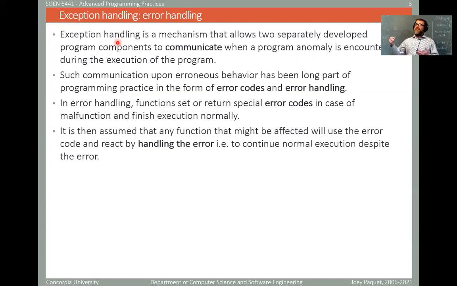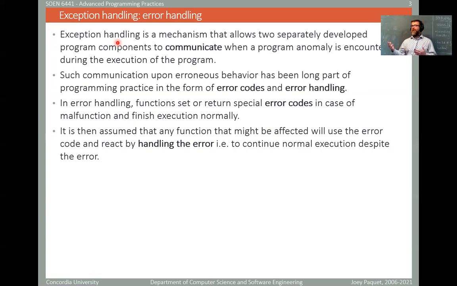Then there needs to be communication between this place where the code actually failed, which is going to communicate some kind of error code to another place in your software that's going to try to fix the situation so that it can continue executing even though there was an error